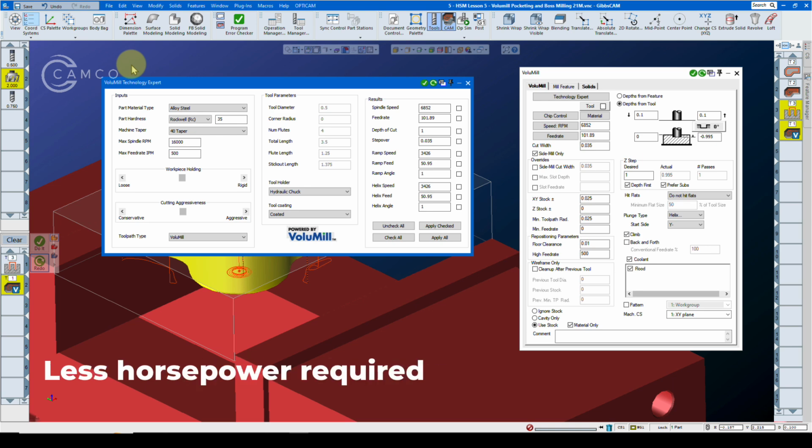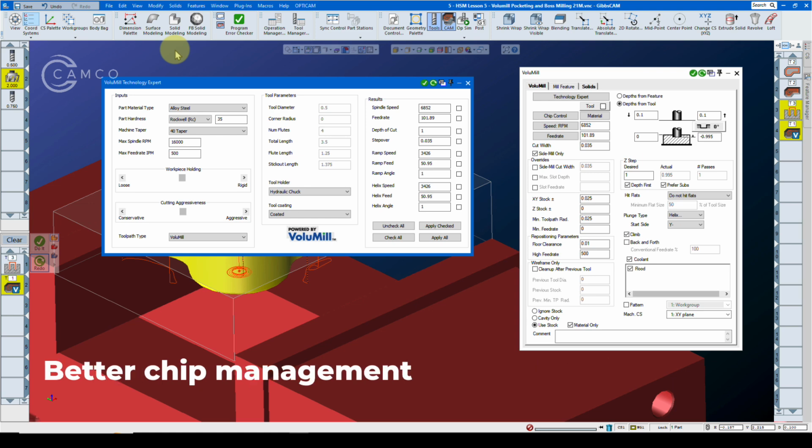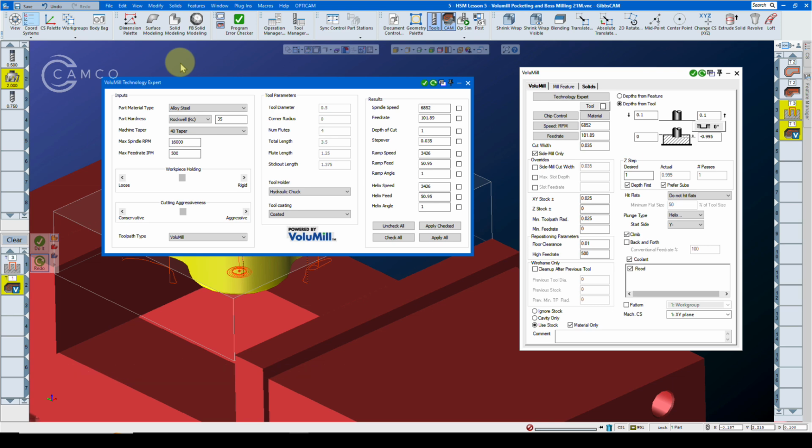Less horsepower is required because of the long length and only 6 to 12% step over on the end mill. We have less dependency on workpiece clamping due to low cutting forces. Better chip management due to more consistent and smaller chips. VoluMill is suitable for smaller machines with low horsepower and is suitable for all materials and especially hard high